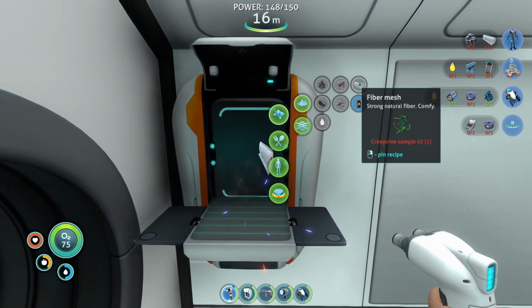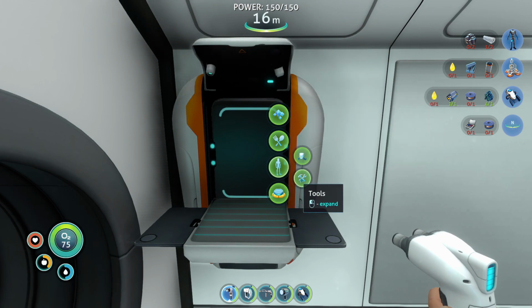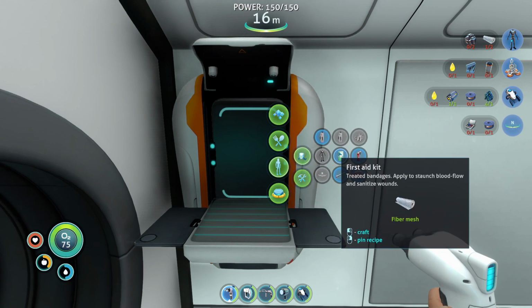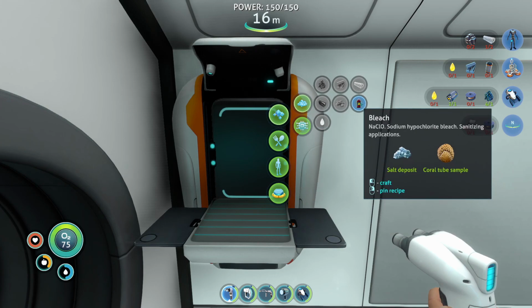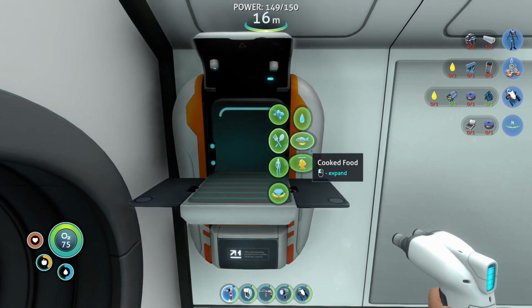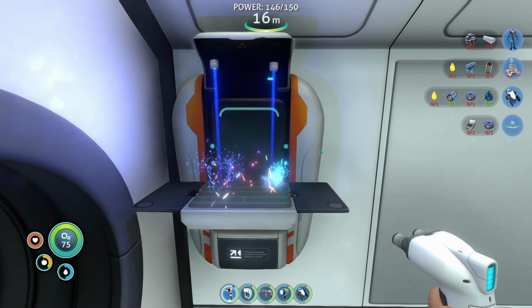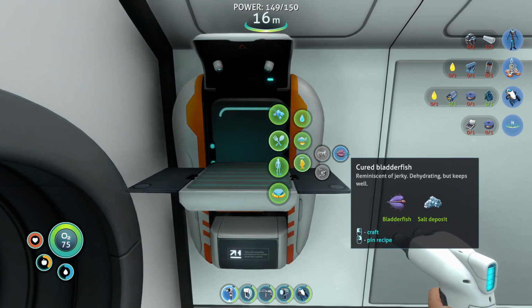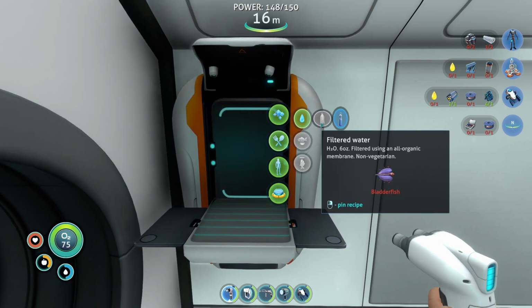We'll make a couple of the fibre meshes. They can be used for making bandages as well, med packs. So it's a good, quick way of getting it if you've used any. Let's just do the food as well. We'll do the whole fish, and we'll do that one, and then we will make...